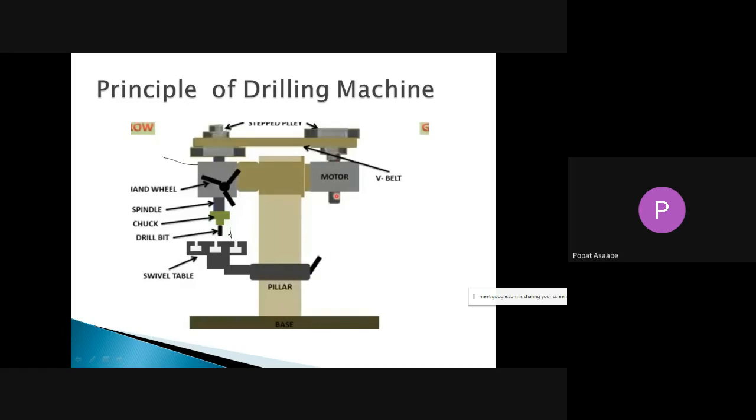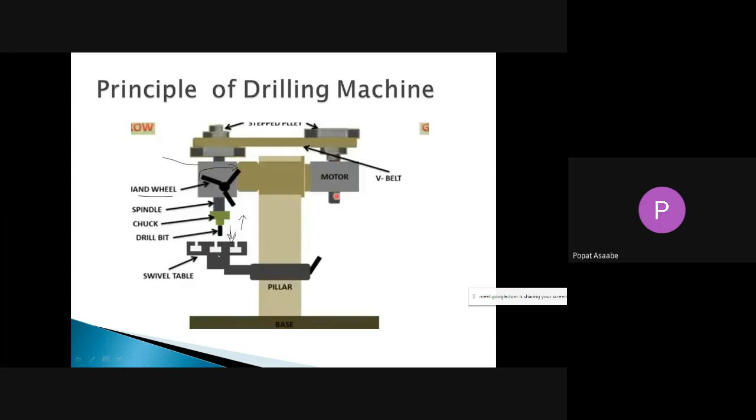It means we want to move that drill bit in the downward direction, or we have to move that drill bit in the upward direction. Then how can we give this motion to that drill bit? To give that downward or upward motion to that drill bit, we have to use this hand wheel. When we rotate this hand wheel in the clockwise direction, that time your drill bit is going to move in the downward direction. It means that your drill bit is going to press into the workpiece, and since it is already rotating, it will remove the material from the workpiece and produce the hole on your workpiece.